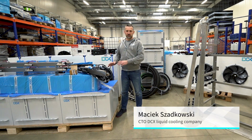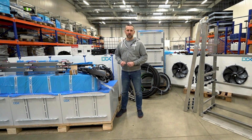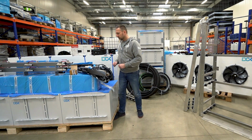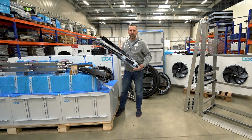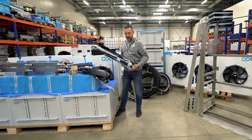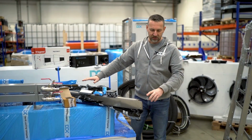Following the unboxing and unwrapping and checking all the components in the 120 kilowatts immersion rack system, next comes the assembly of the rack frame and the maintenance platform. So we have two long packages here, pretty heavy. That's the solid rack. These are the components for the rack for the maintenance platform, and these are the components